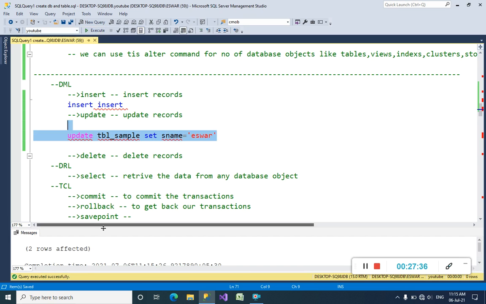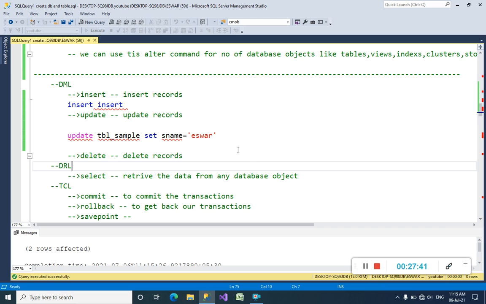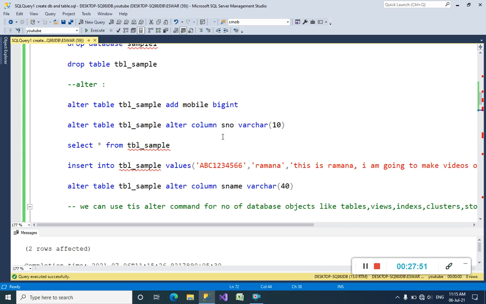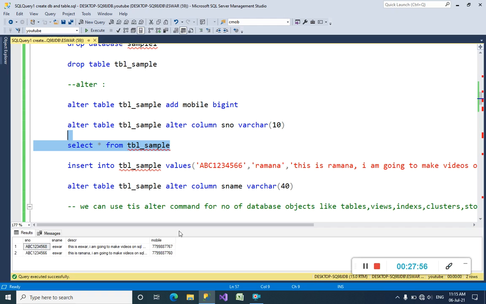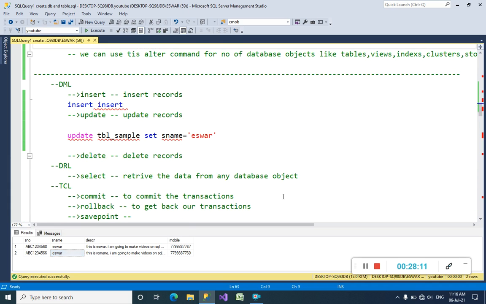Actually my requirement is only one record, the first record, to decrease that whole name into only 5 letters, but it has affected both records. I'm going to execute once again. See guys, previously the first record was S for Sai something, and the second was Ramana, but it has affected 2 rows. When we update like this, it will affect all rows.